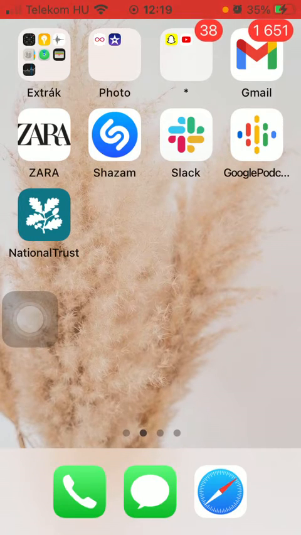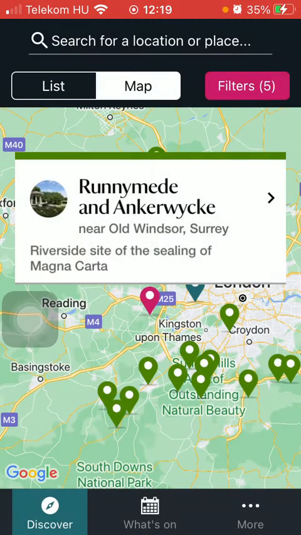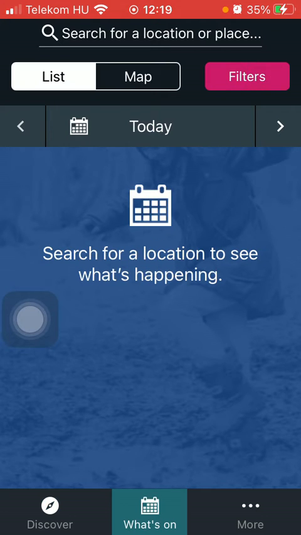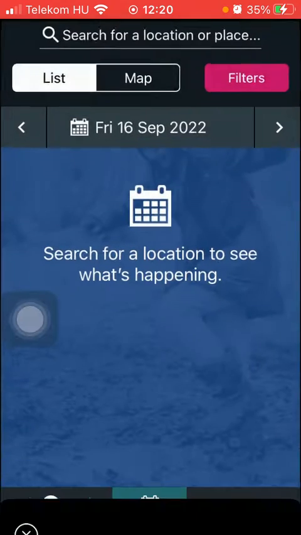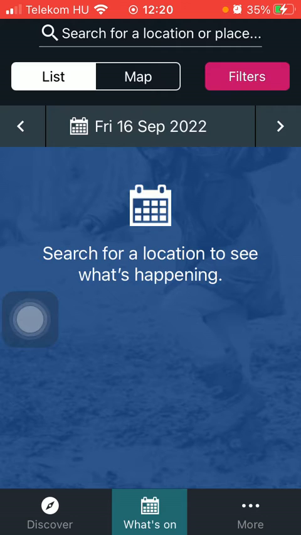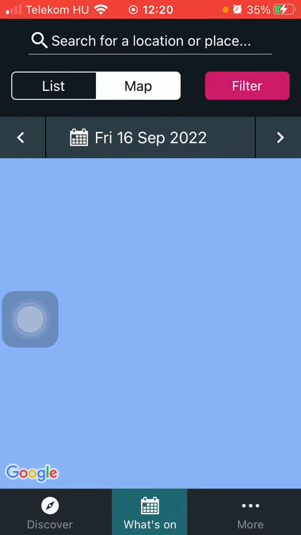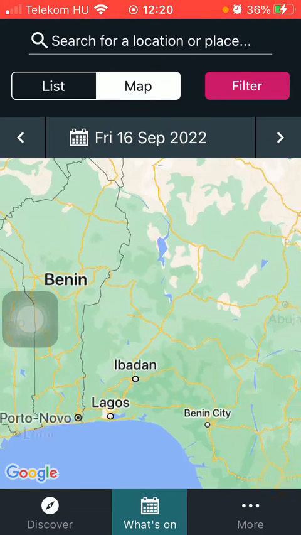First of all, open the application on your phone. And now you should tap on this What's On icon down below. That's the second option. Here you need to search for a location to see what is happening. You can either use the list option and select a date, or you can also use the map function. So you will be able to search for a location,